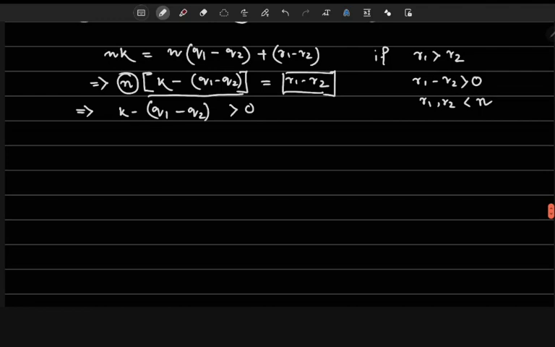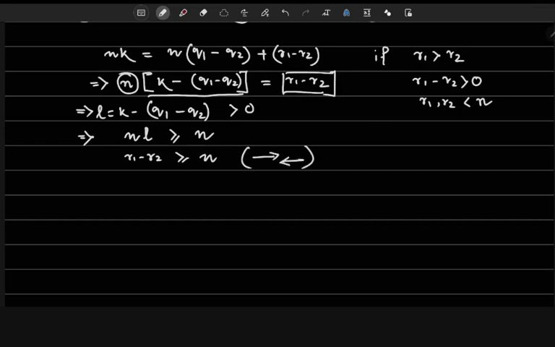Now let this be L. L is a number which is greater than 0, and all these numbers k, q1, q2 are integers. So L is an integer, right? L can never be a fraction. So whenever I multiply this L with n, I will get a number which is greater than or equal to n. And I am here getting nL is equal to r1 minus r2, which is greater than or equal to n. But if r1 and r2 both are less than n, then r1 minus r2 must be less than n. That is a contradiction,